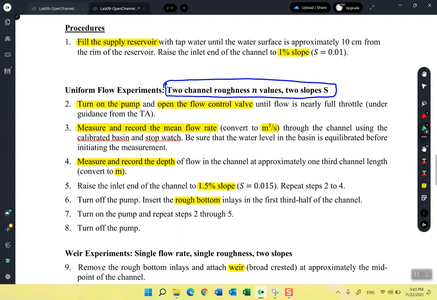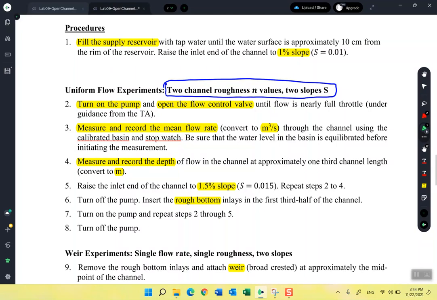And by doing that, you should consider using the units of meter cube per second, because what we are going to get during the experiment is liter per second, so you should consider converting it. The way that we will measure the flow rate will be using the calibrated basin and the stopwatch. We already did that in one of our labs before, so we'll use the same concept. After having the discharge, we will measure the depth,